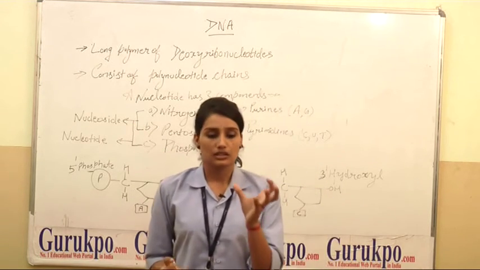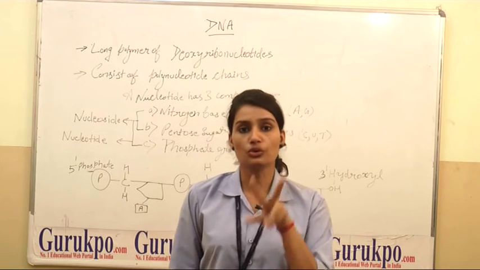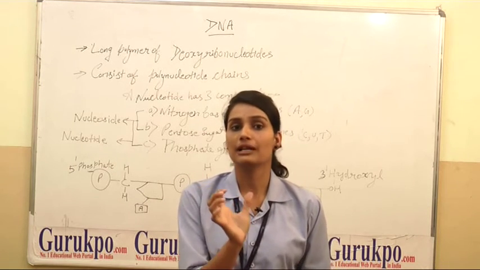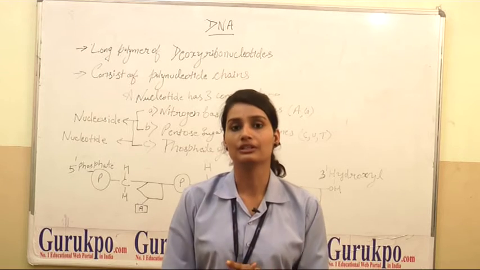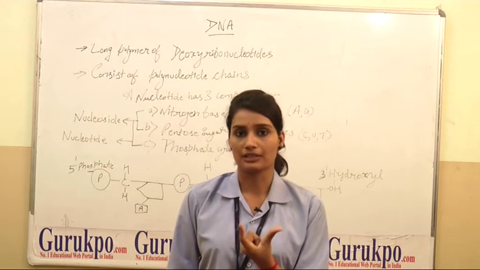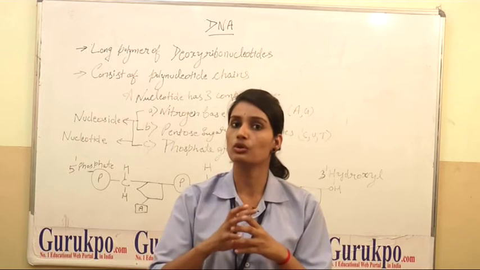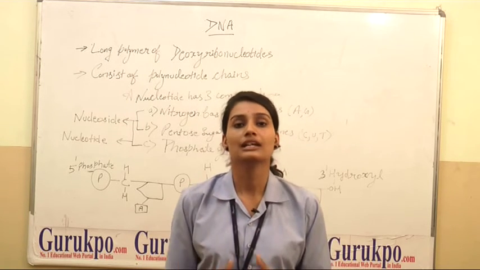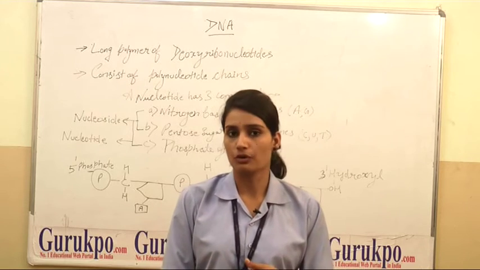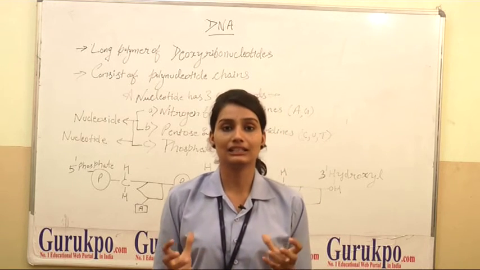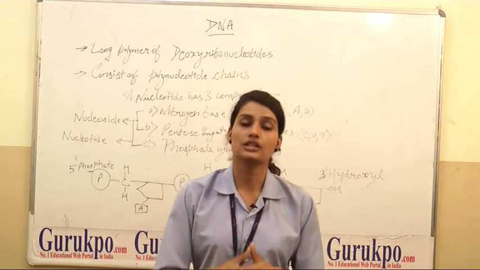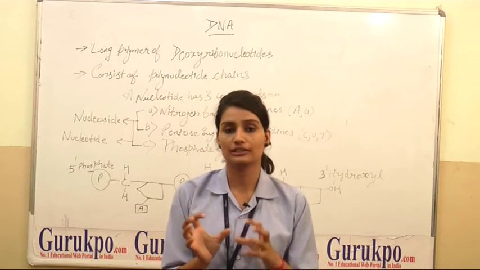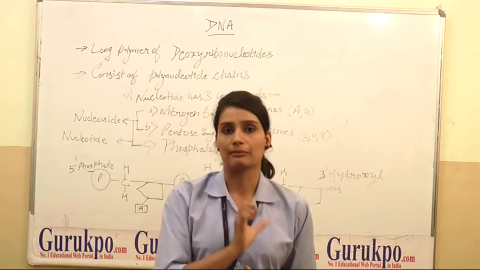When two nucleotides get connected with a 3' to 5' phosphodiester bond, then a dinucleotide is formed. Similarly, when many nucleotides are linked with each other with the help of phosphodiester bonds, then a polynucleotide chain is formed. And as we know that DNA is a double stranded structure, it has two polynucleotide chains which are antiparallel to each other with the base pairing involved in them.